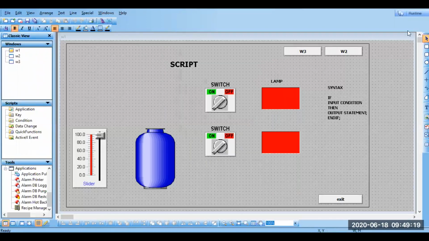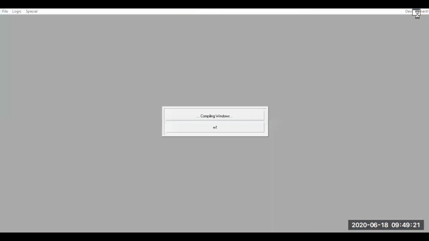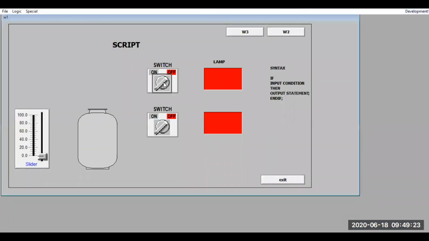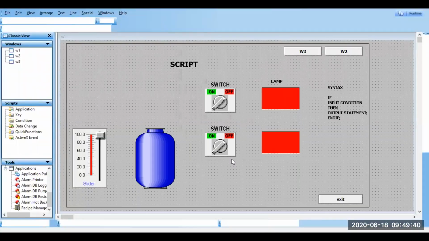Okay. Go for runtime. So if you turn on, it will be 100. If you turn off, it will be 0. Right. So this is like immediate increase to 100. Correct. But I want slowly, like how we are filling the vertical fill. Like that I want. What I need to do? I need to change the script.